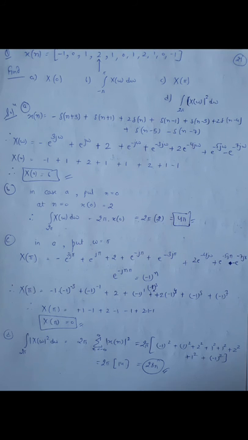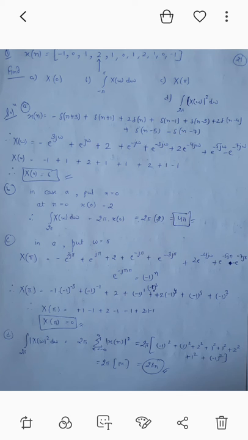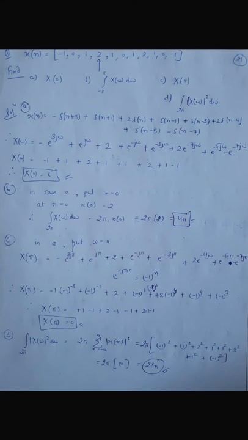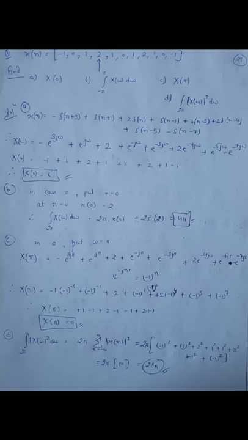If I take the DTFT of that, the DTFT of delta of n plus 3 will be e raised to power plus 3 j omega, plus e raised to power j omega and so on. Putting the value of omega as 0, we will get X(0) equals 6. Second part, we have to find 2 pi times the integration of X(omega) d omega. In the first part, put n equal to 0. Here x[0] is 2 as in the given question. So the integration of X(omega) d omega is 2 pi into x[0], that is 2 pi into 2, that is 4 pi.